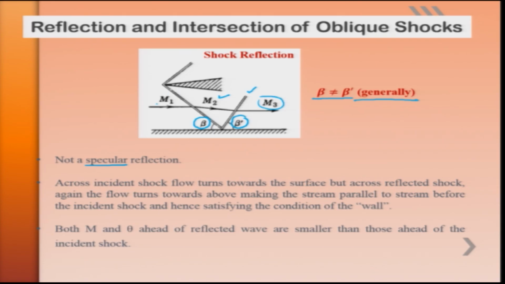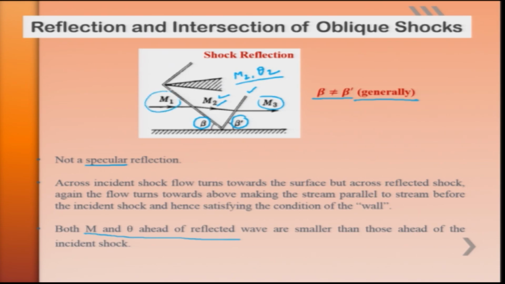That means whatever the turning that takes place originally parallel, the second shock will reflect back, will turn back the flow, so that the upcoming and outgoing streams are parallel to each other. Now it should also be noted that both M and theta ahead of the reflected shock wave, that is the Mach number as well as the flow deflection, are smaller than those ahead of the incident shock. That means whatever the condition M2 here, along with theta 2, is present over here, this is lesser than